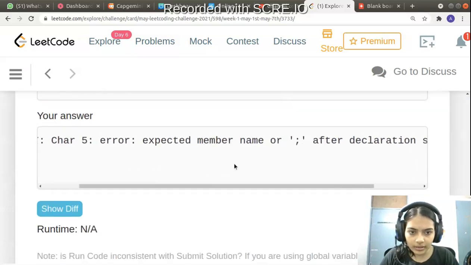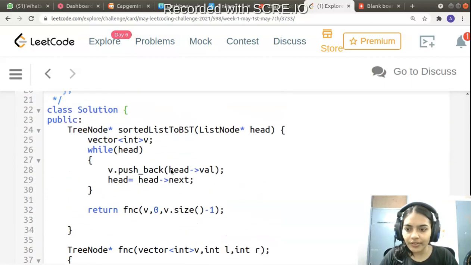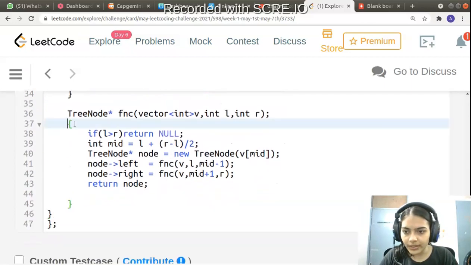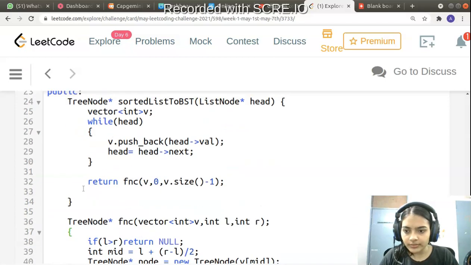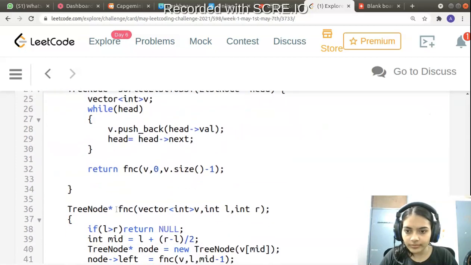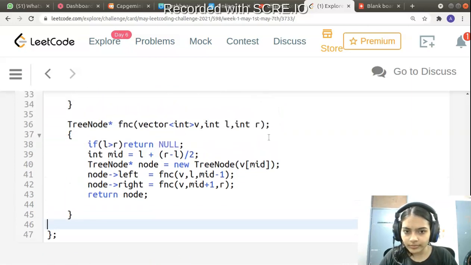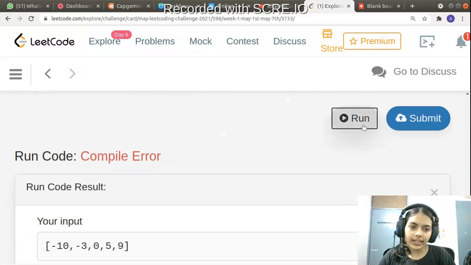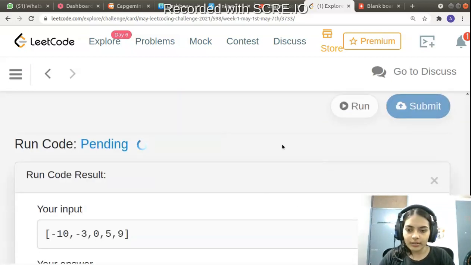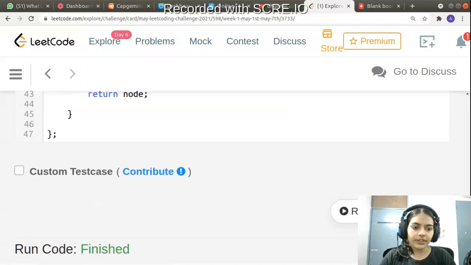So there is still some error after declaration specifiers, line 37 char 5. I have given a semicolon here, that is the problem. So yeah, I think it should be fine now. So this will also be accepted.